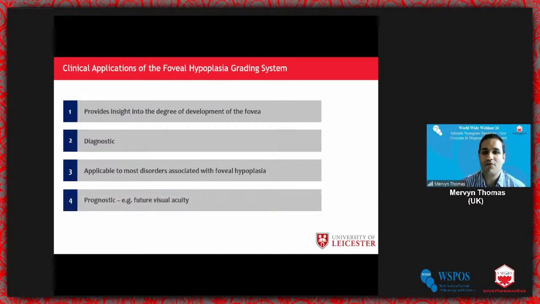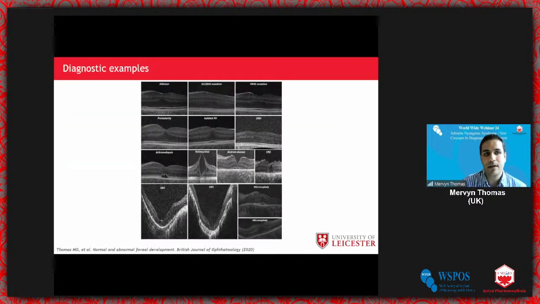And it's prognostic. What we've recently been able to show is in preverbal children where we can't reliably obtain a visual acuity, we can do a scan. And then when we brought them back into clinic a few years later, we were able to predict what their vision was from that initial scan itself. So these are just a few examples of some of the scans and the number of conditions that you might come across, including albinism, SLC38A8, PAX6, and I know Helen's already touched on some of these earlier on, and also your photoreceptor dysfunction syndromes as well.